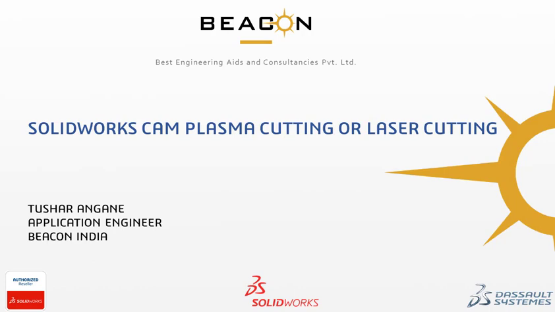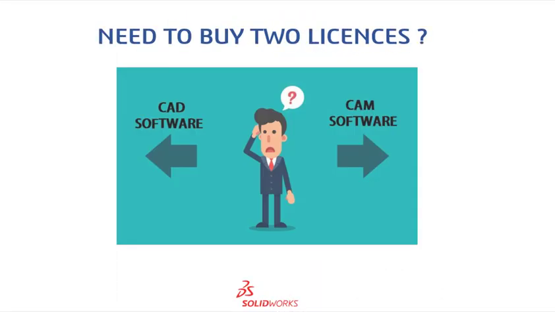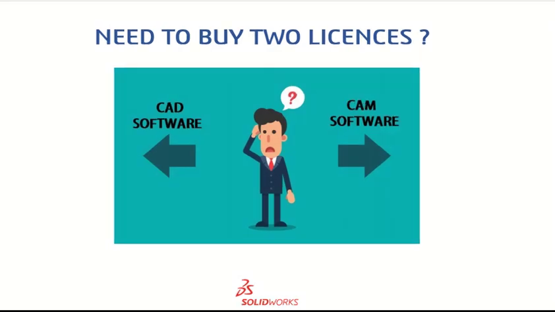In this session, we are going to learn how to generate a CNC program for laser cutting or plasma cutting. As we all know, once the design part is approved, it goes to the next level, that is the manufacturing process. The major sector of manufacturing industries uses CNC machines to speed up production and obtain high accuracy. For that, companies go for two different software, one for CAD designing and another for CNC programming. Now SolidWorks brings us to the next level by compiling both these features in one software. That is, we can generate CNC codes in SolidWorks itself.